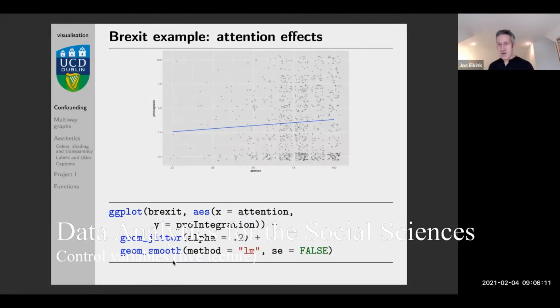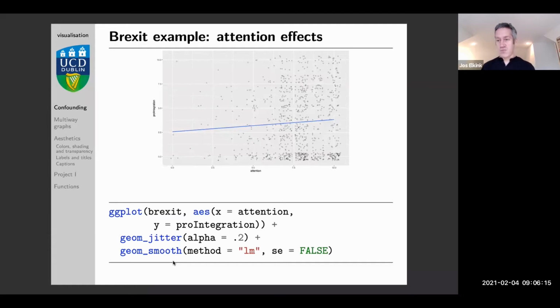So today's lecture is really about multivariate graphs, so this is graphs with 3 or more variables. In the first week we looked at the distribution of particular variables. You can look at a histogram or a box plot and see how one variable is distributed. Then in the second week we looked at how to look at a relationship between 2 variables. And today I want to talk about how you can look at the relationship between 2 variables